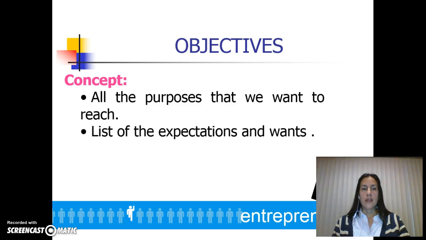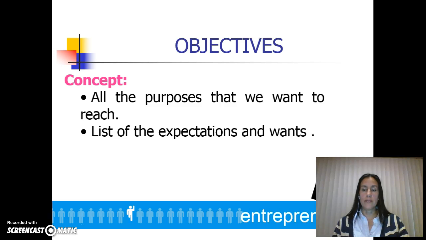Why are they important? Also because we make a list of expectations and wants. So if I expect to be the company number one in my community or in my city or in my country or in the world, I will have to specify which are the expectations that I have. How am I going to get there? Because if I say that my objective is to be the number one company, it's not easy to define that. But number one related to what? So that's why your objectives are going to give you a specific detail of what you have to do